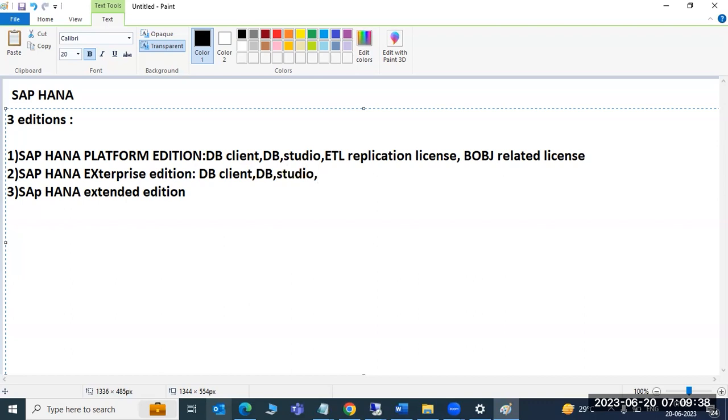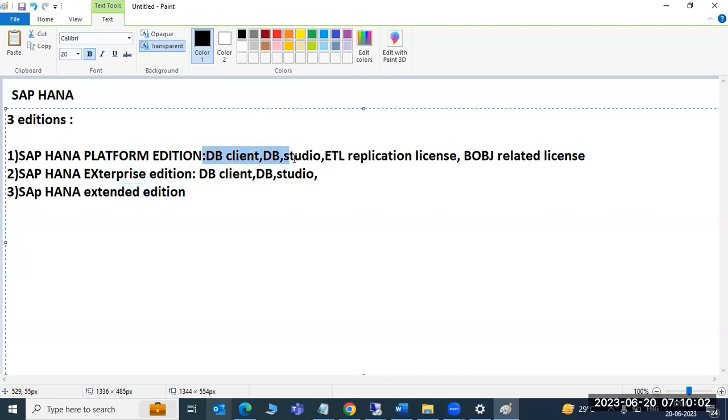These are the core database technology, we will call them the core database components. Core database means data will be stored in them; these components help the database. So every edition, either platform edition or enterprise edition or extended edition,